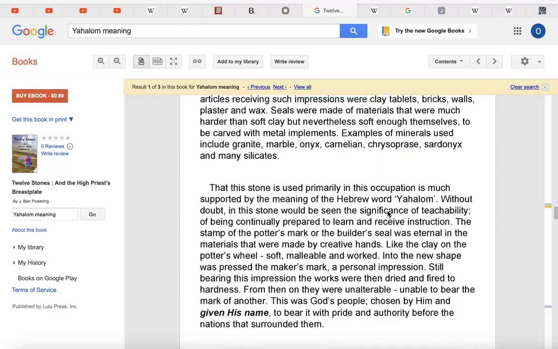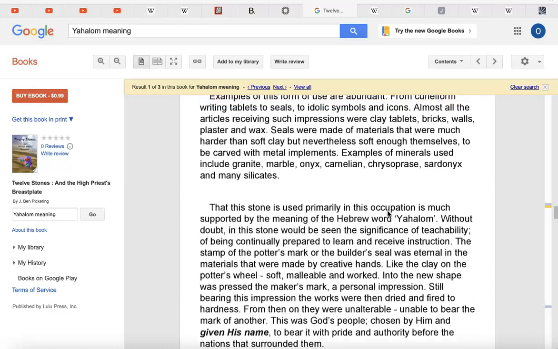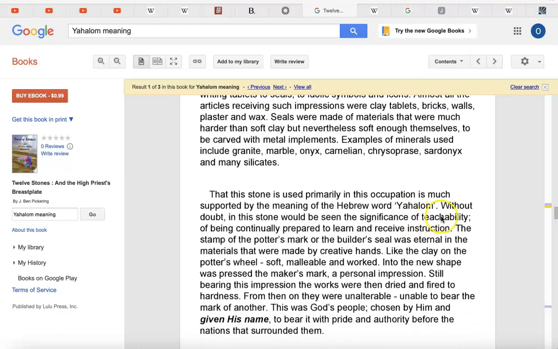stamp, to let you know that what you're looking at is something that's teachable. He's teaching us something, or at least just trying to get us to teach ourselves something. A self-guided education, kind of like what I'm doing now with this research. Look at all of the places that I'm going, and all of the different cultures, and all of the different historical periods, and linguistic things, and mythological things, and religious things, and so on and so forth. Of being continually prepared to learn and receive instruction.